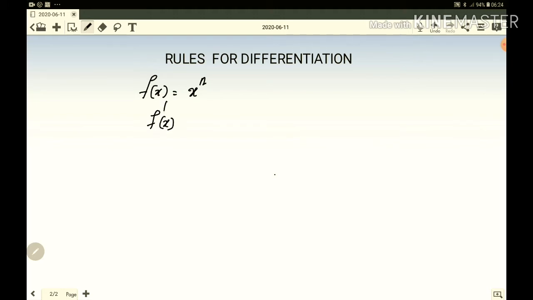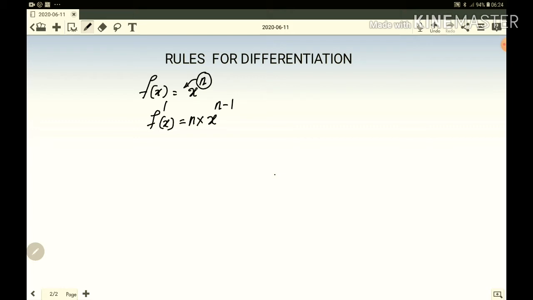Learners, we are using different notations for representing differentiation that I will show you after this. F of x becomes f dash x, then x to the power n. This power is important; you must know that power. Here, what is the power n? After the differentiation, that n will come here. That is n times x to the power, the very same power, minus 1. This minus 1 is also part of the method. So we are done. Differentiation is over.